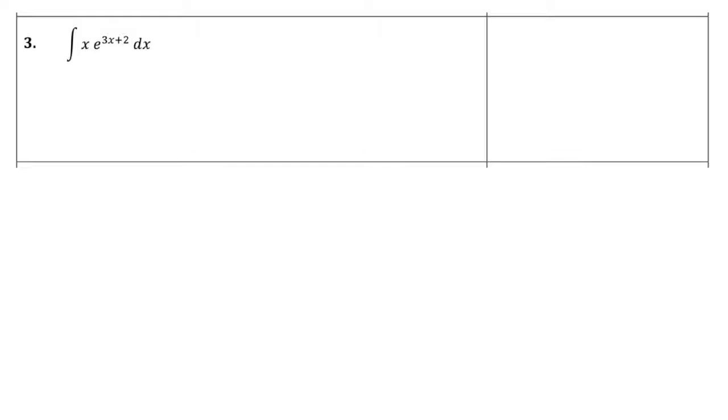Okay, for this problem, I would assign u again to be x, and so du is going to generate dx, and then we have v, dv, and dv I would assign e to the 3x plus 2 dx, and again, once we do our integration of that, we're going to have 1/3 e to the 3x plus 2. And we're ready to plug into our formula. So we have u times v minus the integral of v